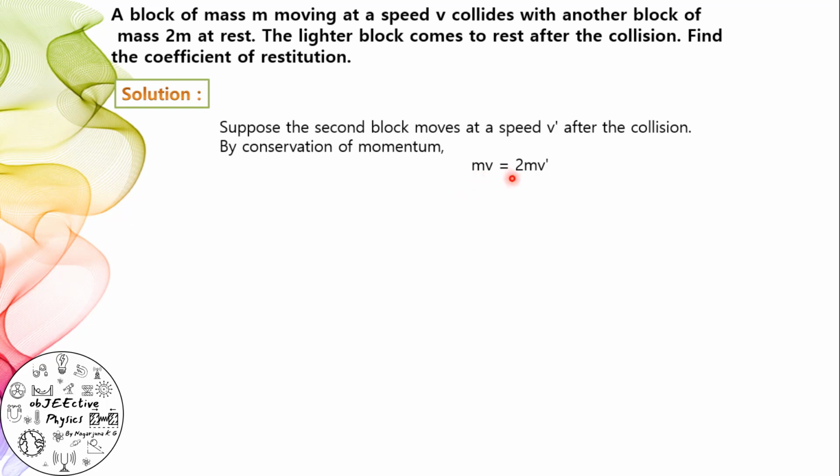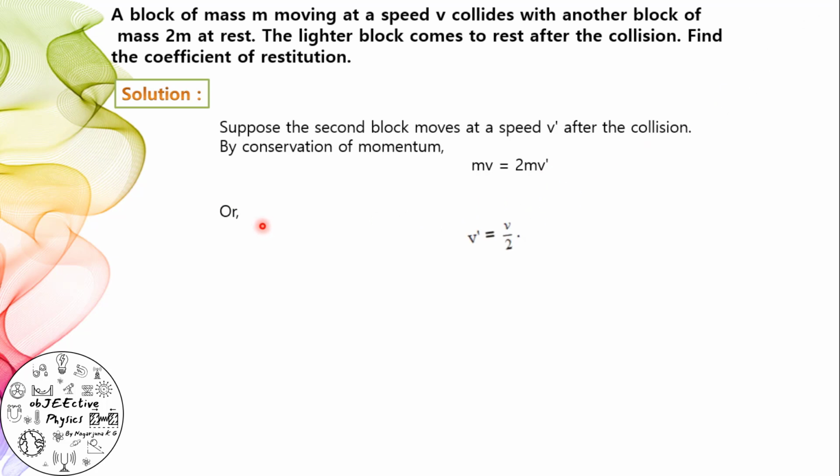That is equal to after collision, the second body of mass 2m moving with velocity v dash and the first body at rest, so 2m into v dash is the total momentum after collision. According to the law of conservation of linear momentum, total linear momentum before collision must be equal to total linear momentum after collision,